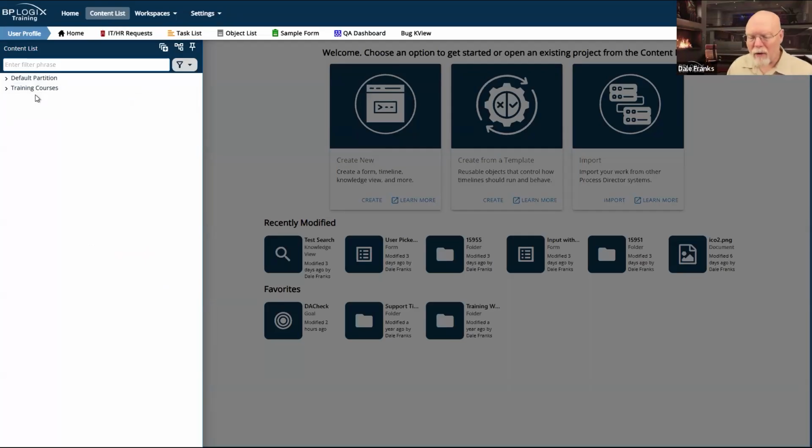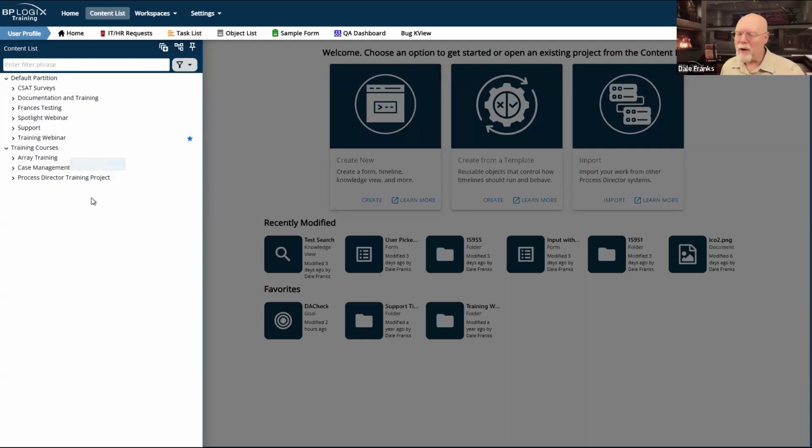You need to think very carefully about whether you need separate partitions. Let's start by defining what a partition is. A partition is a portion of the content list that cannot speak to any other partition in the system. So I have this training courses partition and I have this default partition. They have different things in them. Partitions will usually have different users, although it's possible to have users who have access to multiple partitions.